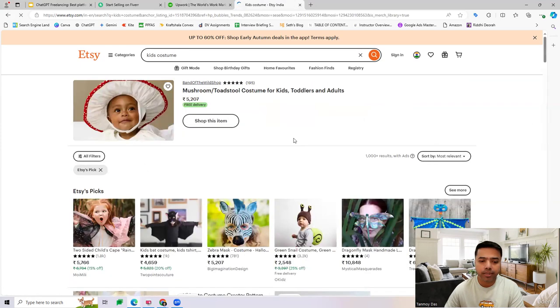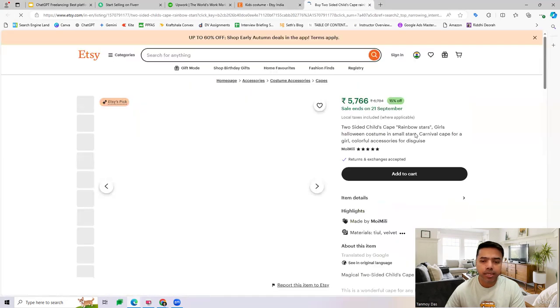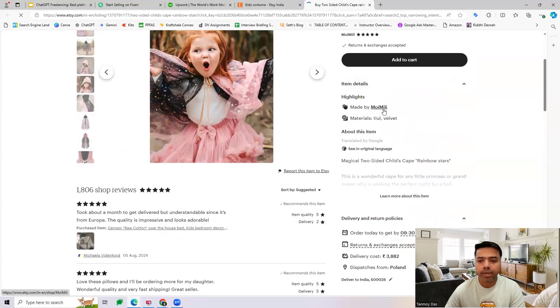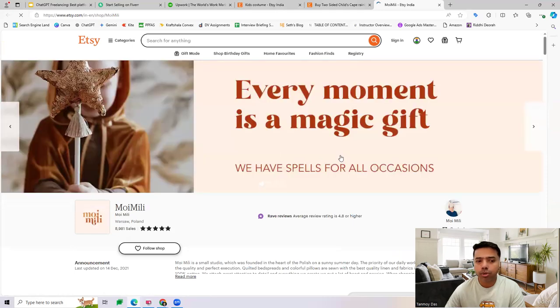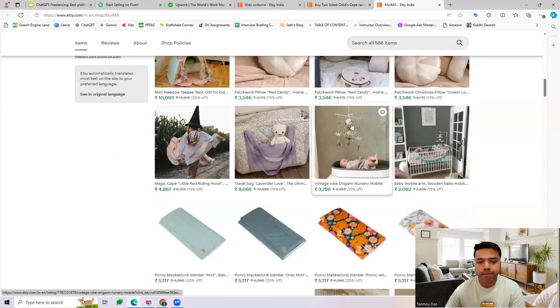Now you can see there are different types of kids costumes provided. And let's say we are looking at this one, a two-sided cape. This particular business is from a company called Moimili. So Moimili has a store on Etsy. These are the kind of products which they're selling.